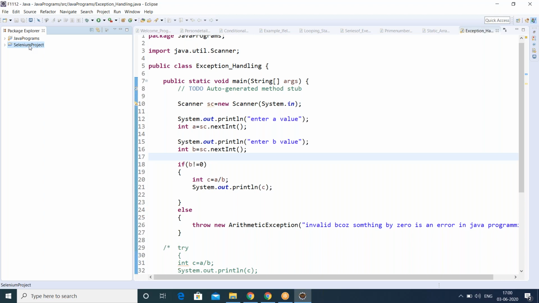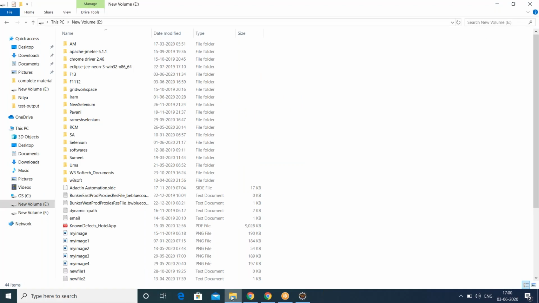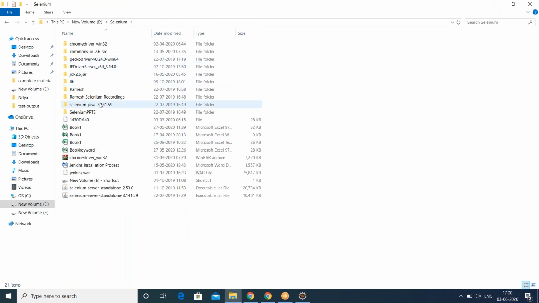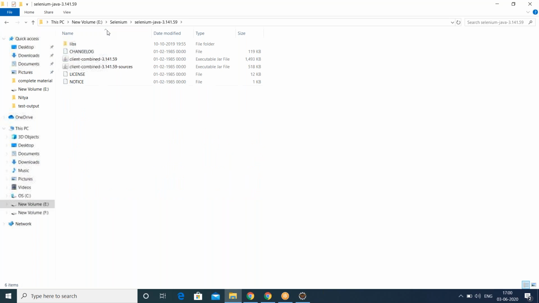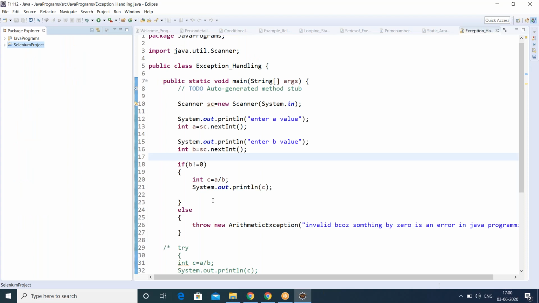Whatever WebDriver jar files we have downloaded, we have to add these jar files to our Java project. You remember this, or try to recollect what we have done earlier.